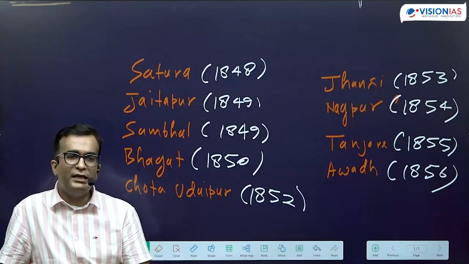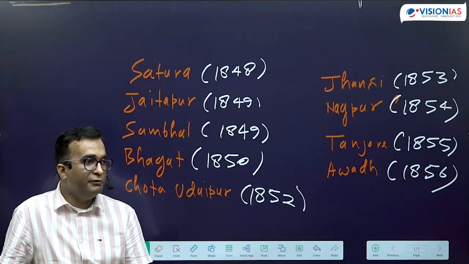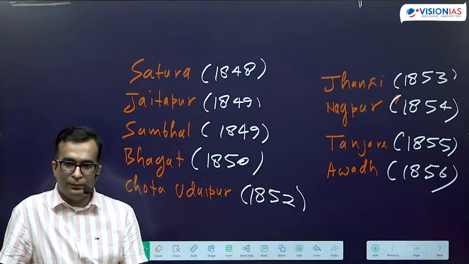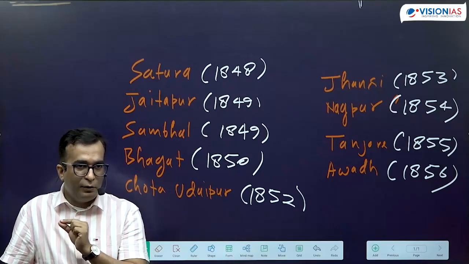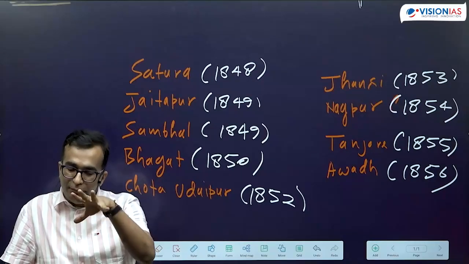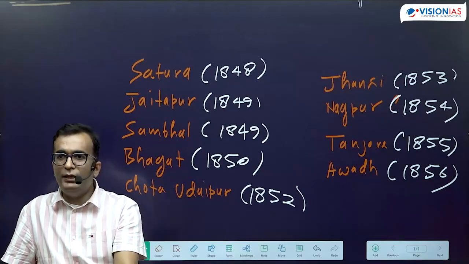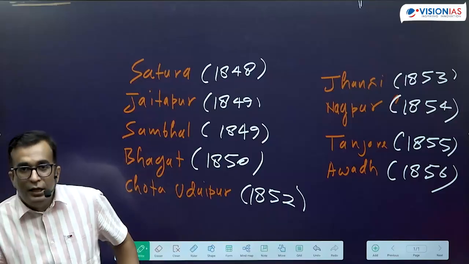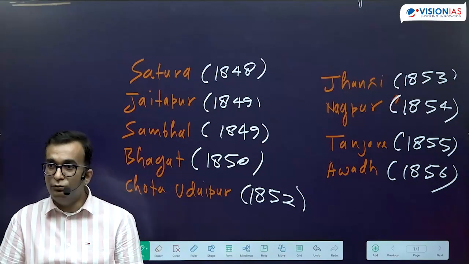After that, the second event happened in March, in the Barakpur area of Calcutta. When this rifle was introduced and the sepoys refused, one sepoy, Mangal Pandey, killed his commanding officer. Okay? From this point onwards, the British attitude became very hard. Not only was Mangal Pandey overpowered and executed, but from here onwards the British decided that they would not go easy, they would not go softer on the sepoys who were refusing.